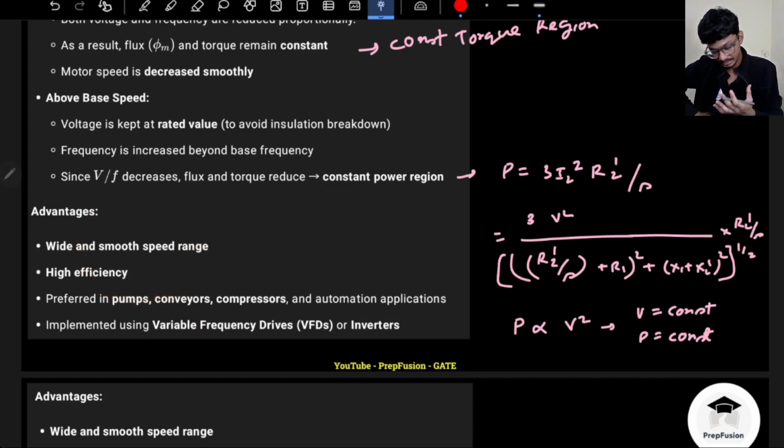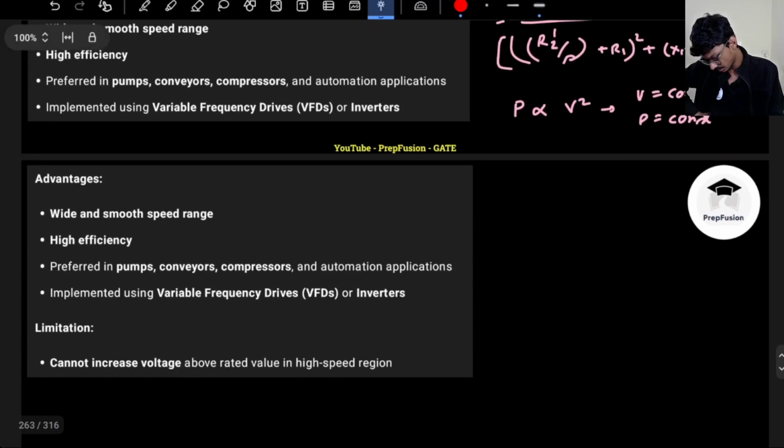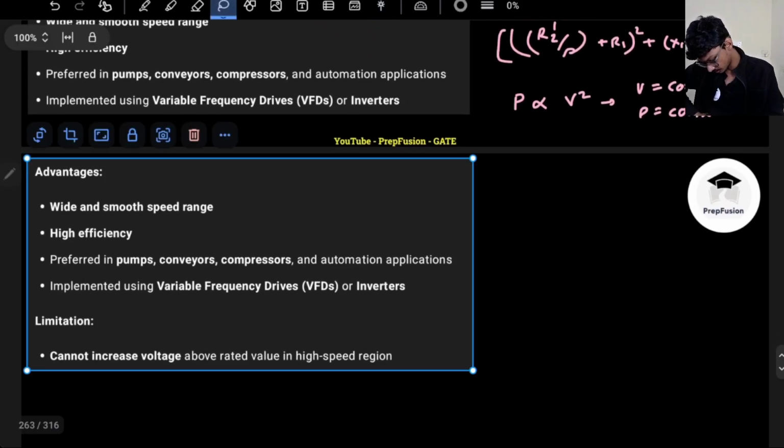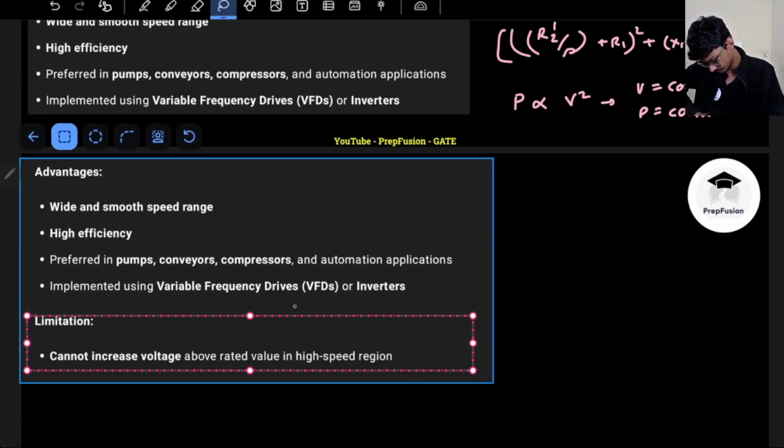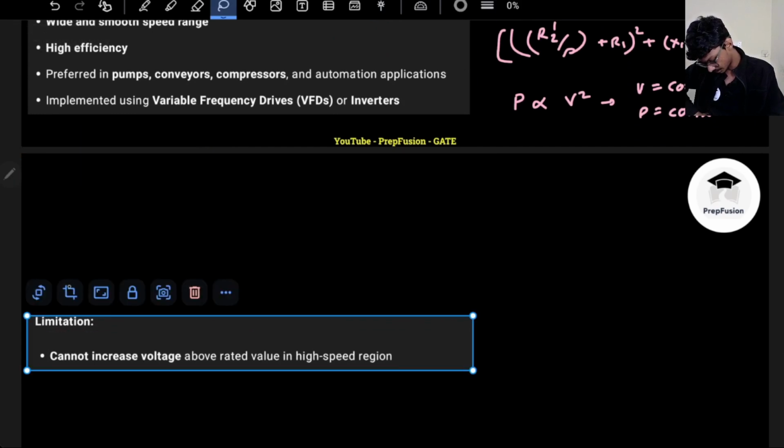But this basically integrates external circuitry. Okay, so limitation. So here, this is the same thing, only I can copy this limitation here. This limitation won't be copied here. So basically